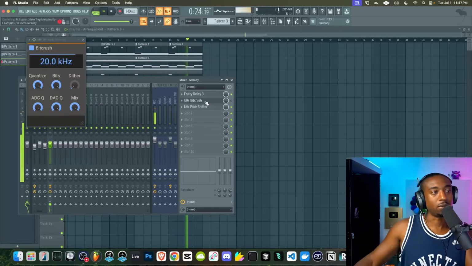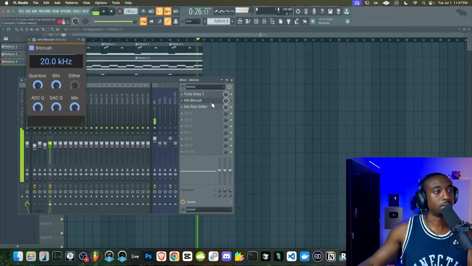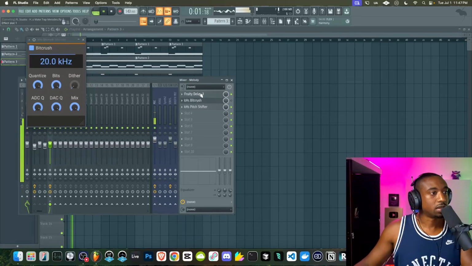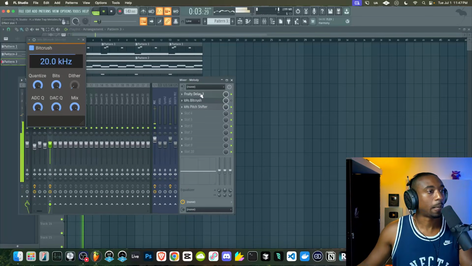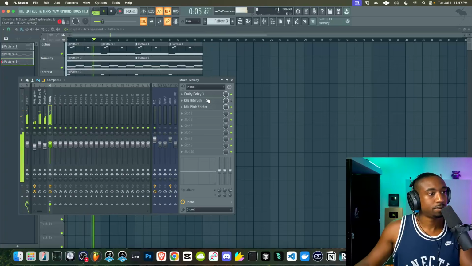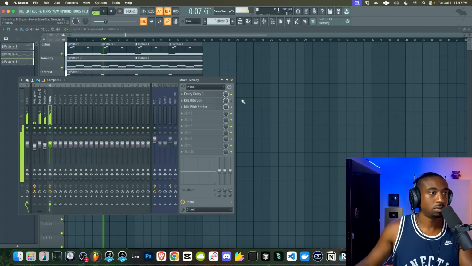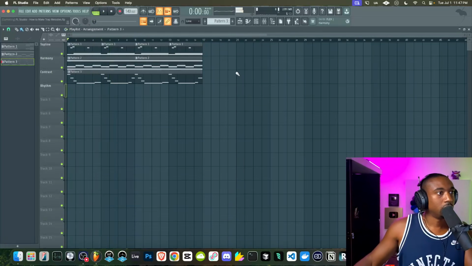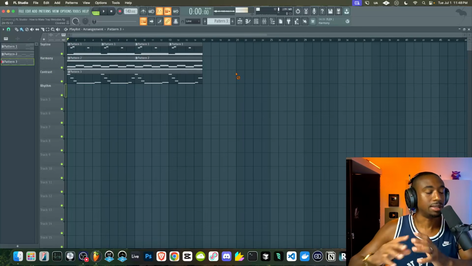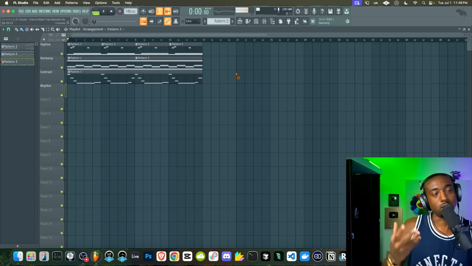Now I'm going to add more high frequency detail by pulling off the bit crusher. This is going to add that high frequency back into the mix. So that's how you make really unique trap melodies that sound more like a drone and more than just playing notes on a piano.